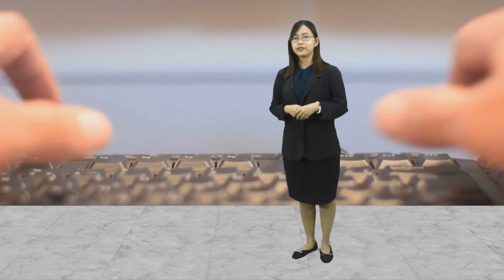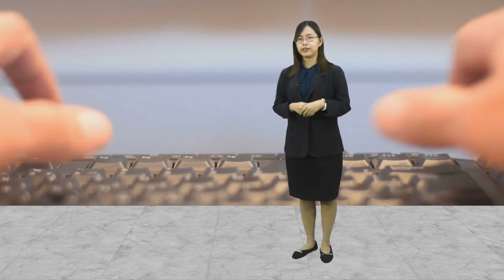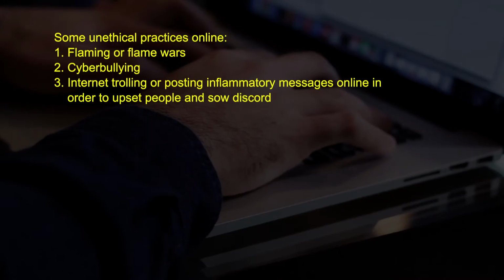Due to the prevalence of social media, information travels fast. A viral tweet can lead to thousands of people acting like they know you and commenting hateful things. We live in a society where people get outraged over the simplest things, where anything you say can be misconstrued to be offensive. Third, internet trolling or posting inflammatory messages online in order to upset people and sow discord. There is no reasoning with trolls. The best practice is just to refuse to engage with them and report them.